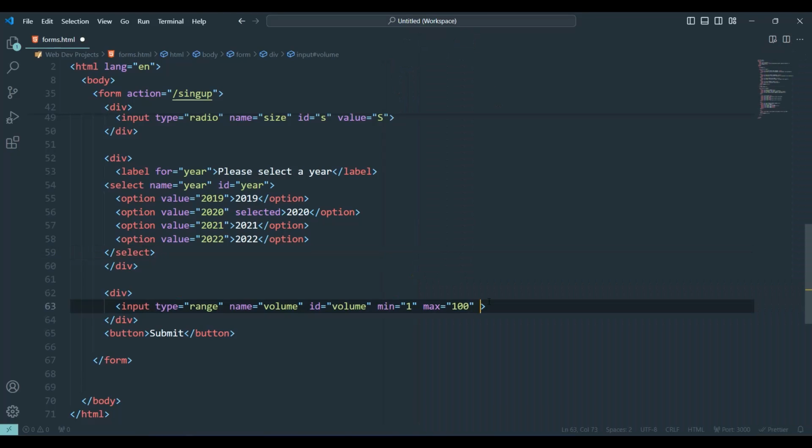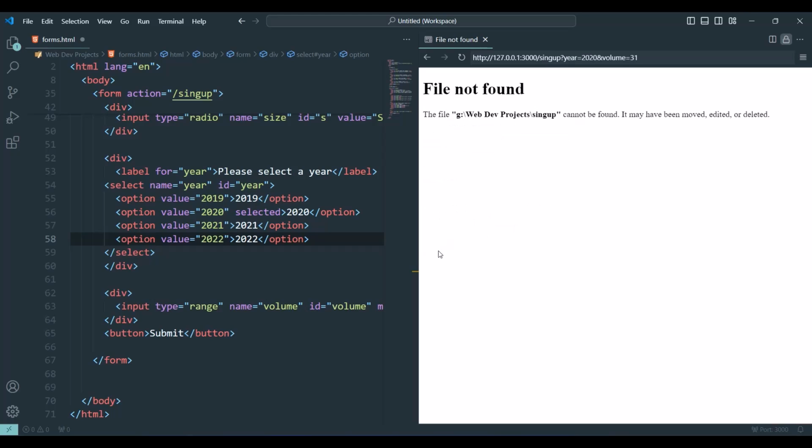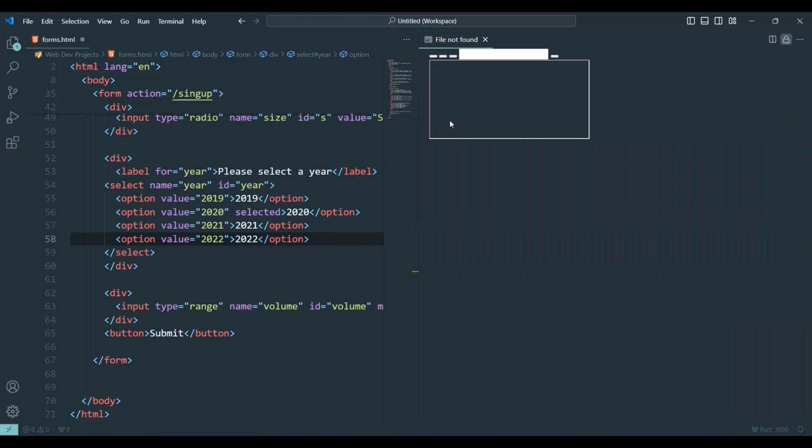You can also set a step. So I'm gonna type step, let's put 10. And now we're gonna slide the slider in steps of 10. So I'm gonna show preview, and I'm gonna move this, and as I am moving it, it's moved in steps of 10. So if I click on submit, now we have a multiple of 10. It should be 30, but because the slider is starting at 1, we have 30 plus 1, we have 31. This is why you don't have 30 there.